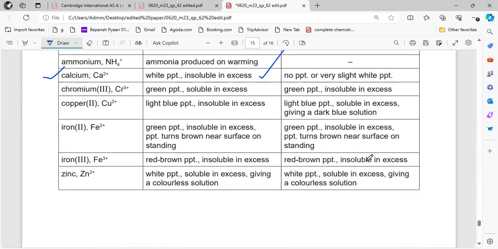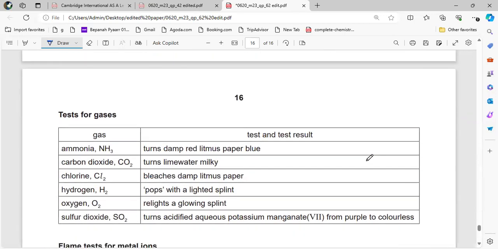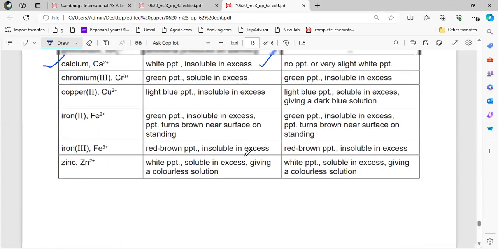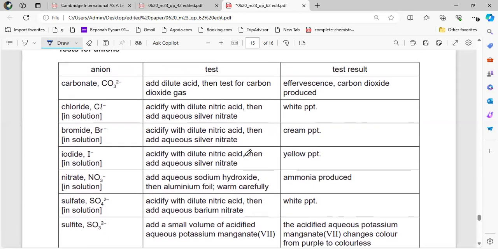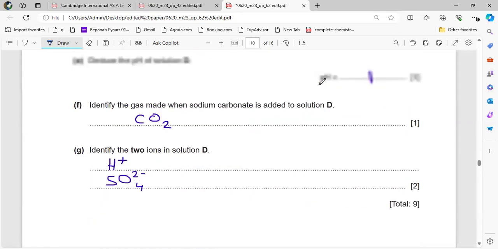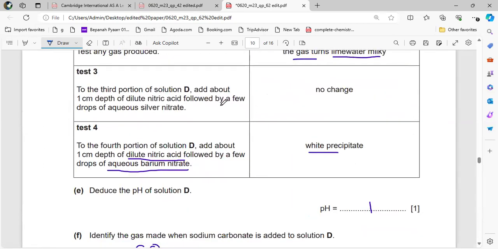So this is for anions. Here we have carbon dioxide, where it will give lime water turns milky. And in anions also, we have carbonate, the first one itself, where effervescence is produced. So whenever carbonate is there and lime water turns milky, you have to remember that carbon dioxide gas is released. To the third portion of solution D, add 1 centimeter depth of dilute nitric acid followed by a few